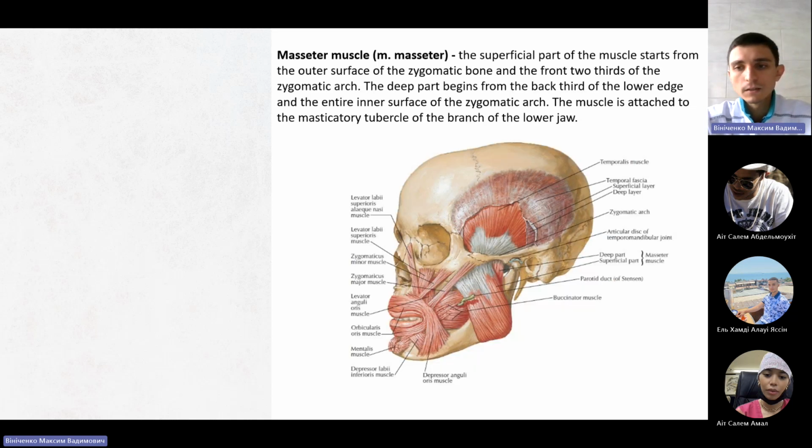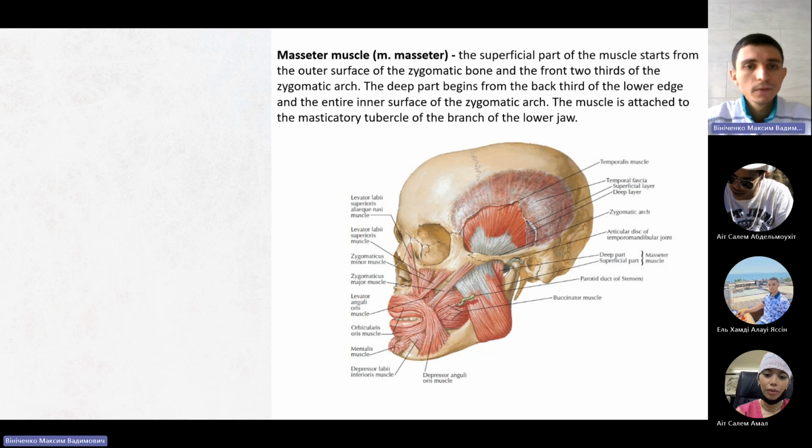Now a few words about muscles. Masseter muscle, or we call it also the musculus masseter. The superficial part of the muscle starts from the outer surface of the zygomatic bone. Here's the zygomatic bone of the outer surface, and the front 2/3 of the zygomatic arch. You can see also that it is connected with the zygomatic arch on the 2/3